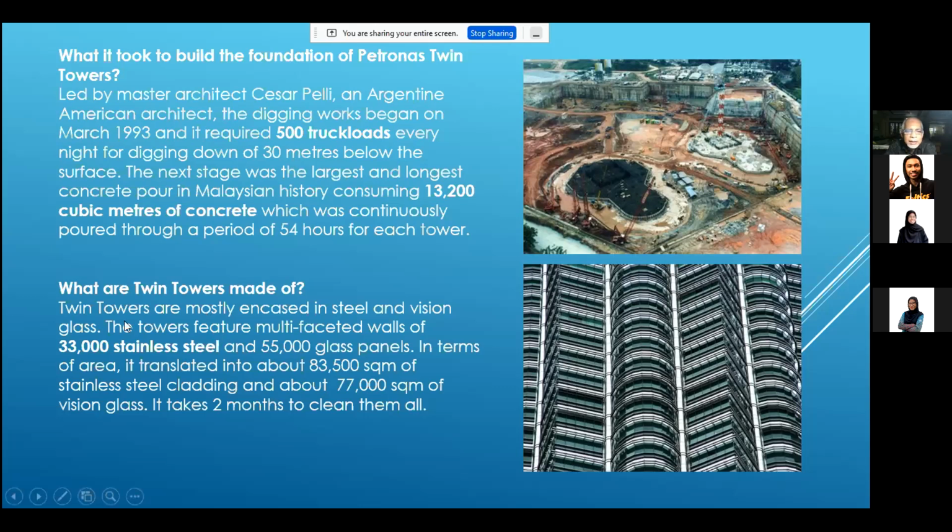Is now encased in steel and vision glass. The tower features multifaceted walls of 33,000 stainless steel. Stainless steel is the most expensive steel. Remember, we learned from the sun, 55,000 glass panels. So in terms of area, it translates into about 83,500 square meters, or more than 900,000 square feet of cladding, and then about 7,000 of vision glass. So kalau talking